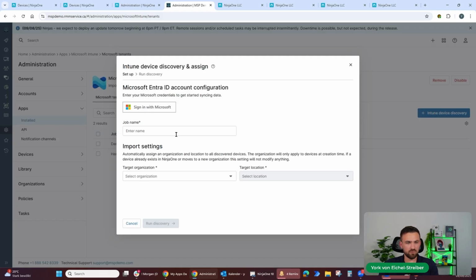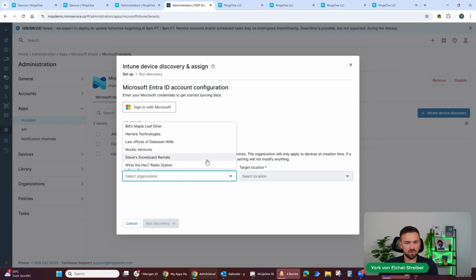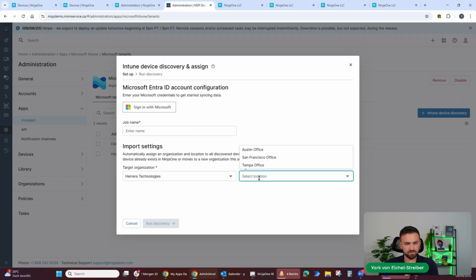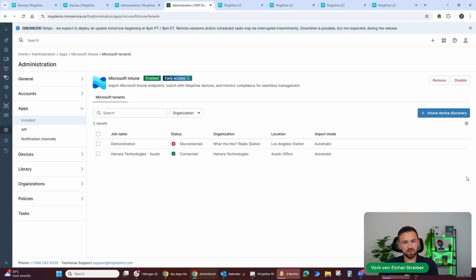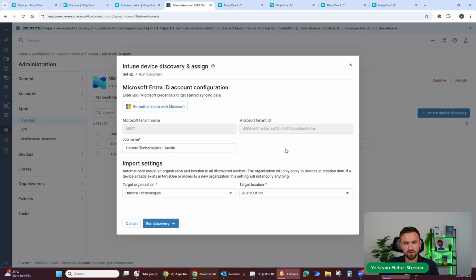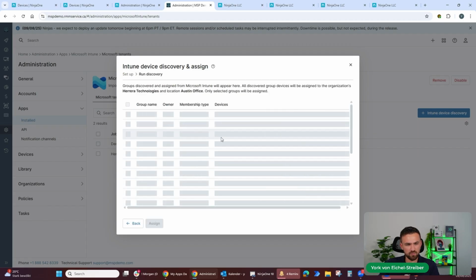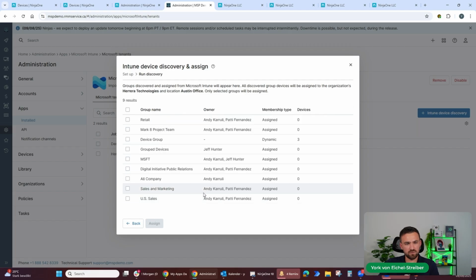So yeah, you sign in with your Microsoft credentials, then you choose your Ninja organization, your Ninja location, and then basically it syncs with your groups that you define in Intune, right? I mean, in Intune it's more user groups, it's not device groups really, although they also have the organization grouping feature now, I saw recently. But yeah, in Intune it's mostly based on